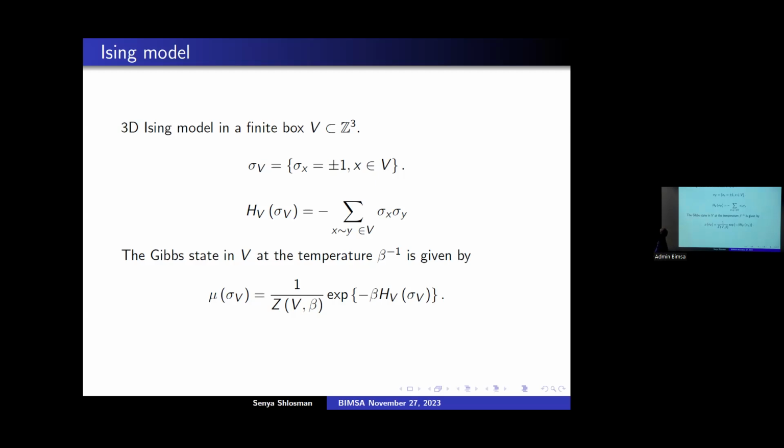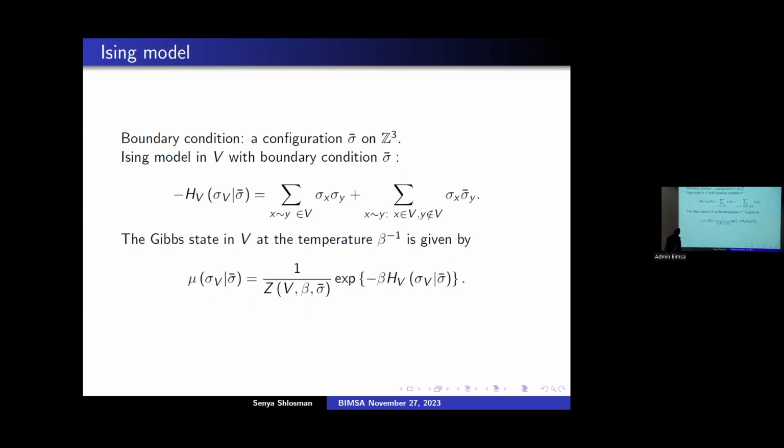And it goes as follows. What we do, we slightly change this energy function, the value of energy we assign to every configuration in the box V. We take a box V and we also put some spins outside that box, on the exterior boundary of that box. Okay, this is a parameter. We fix this configuration outside. It is called sigma bar.